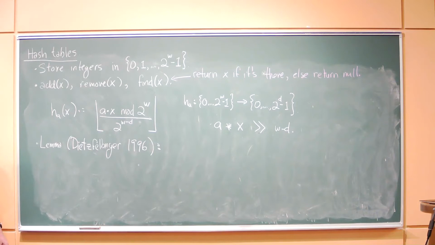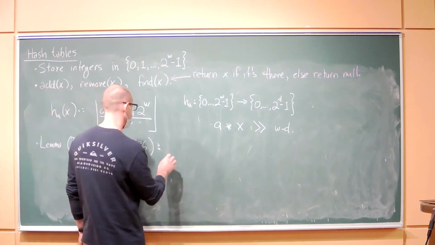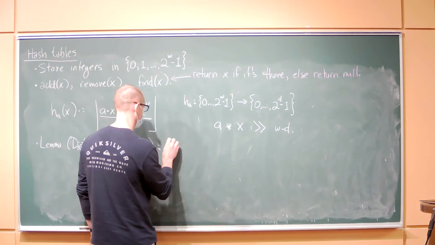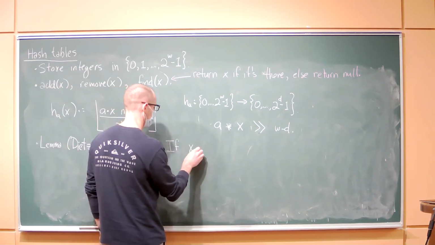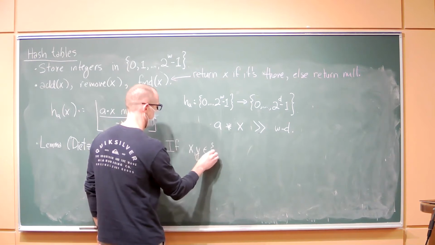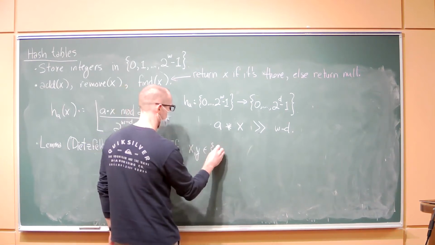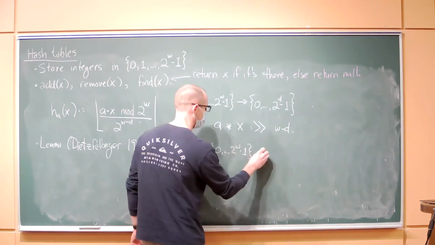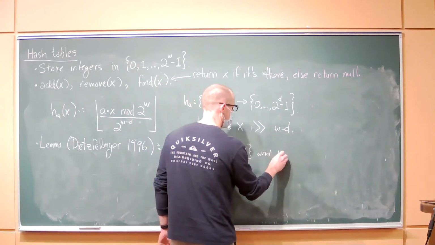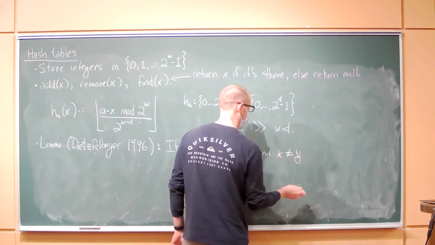But in here, this hash function appears, and there's a nice result, which is if x, y are in, well, the range we're interested in, 0 up to 2 to the w minus 1, and x is not equal to y, then